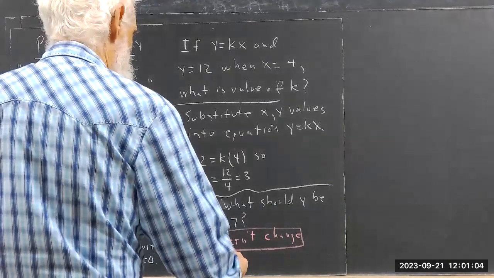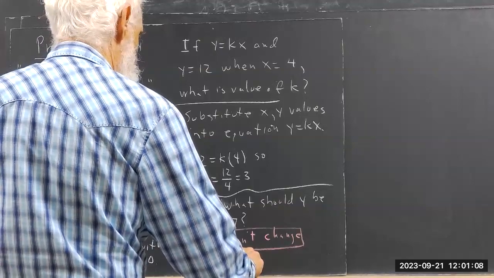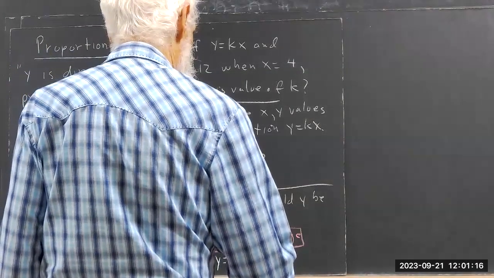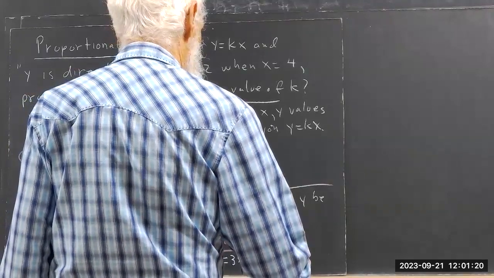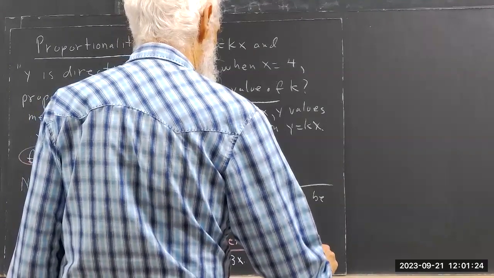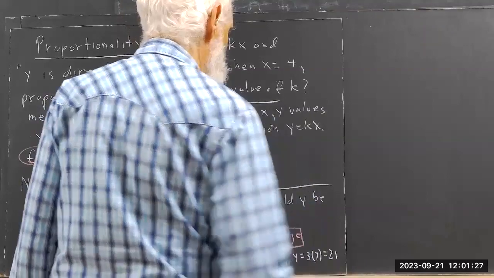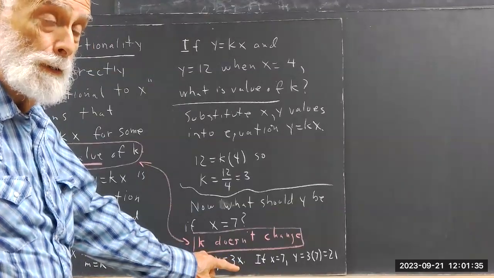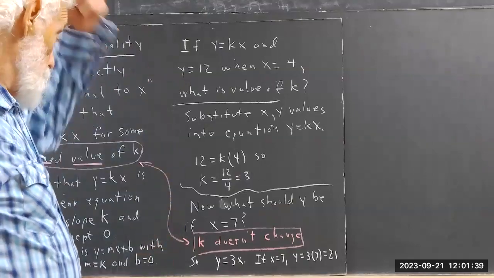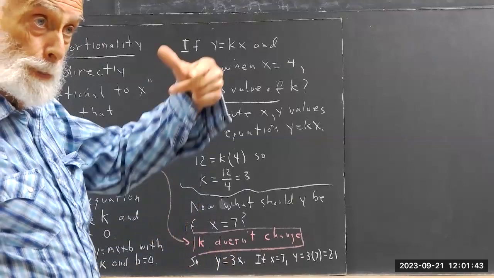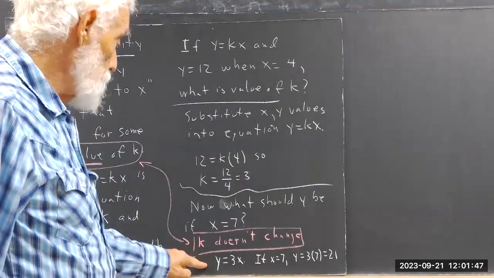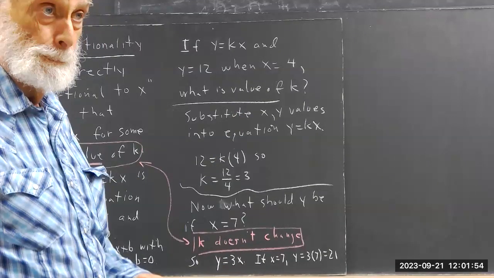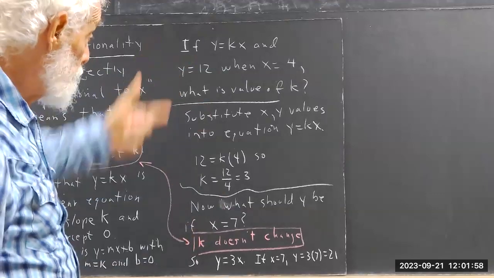So y equals 3x. So if x is 7, y is 3 times 7. Just plug 7 in, right? And if you wanted to find a certain value of y, I say, okay, what would x have to be in order for y to be 47? You plug 47 in for y, you get 47 equals 3x. Divide both sides by 3, you get x equals 47 over 3. Okay. So the process here,